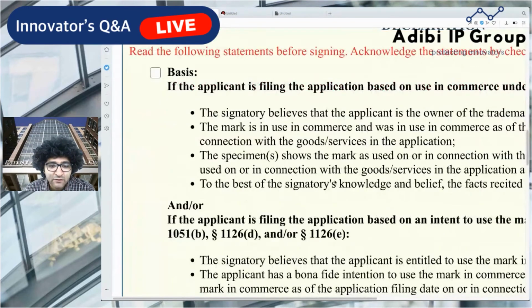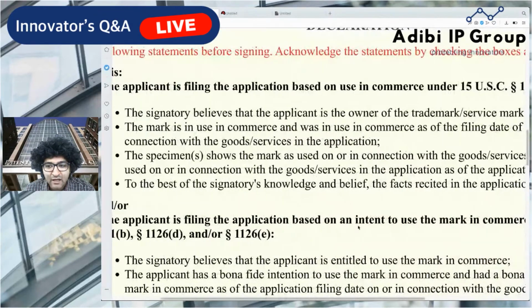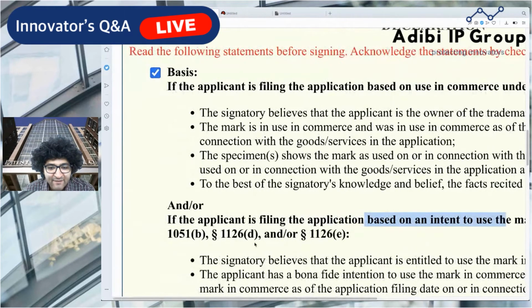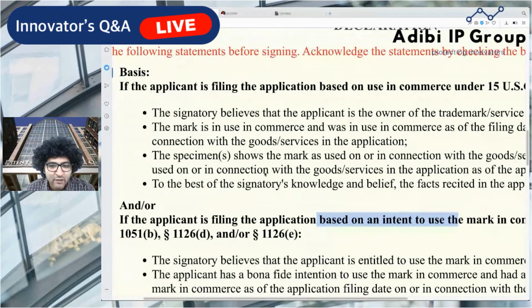For the declaration, there's a few statements here that we're going to have to declare. So one is that we understand that we're filing under an actual use application. To file under actual use, don't be confused. The lower section is if you're doing a Section 1(b) application, but they have this "or" here. So you're actually going to see the same option regardless of whether you do a Section 1(a) or a Section 1(b) application. It's actually the same declaration. So this confuses a lot of people. But anyways, this first section is going to apply to us. What they're basically getting at in this section